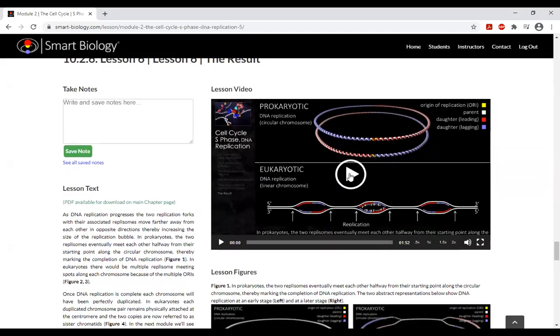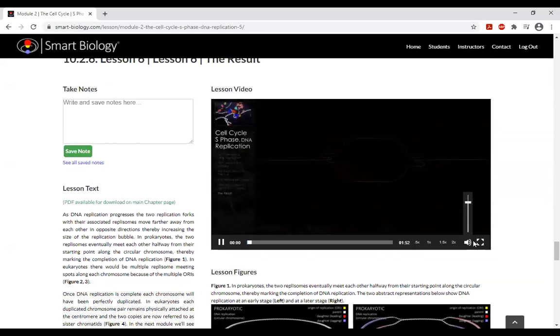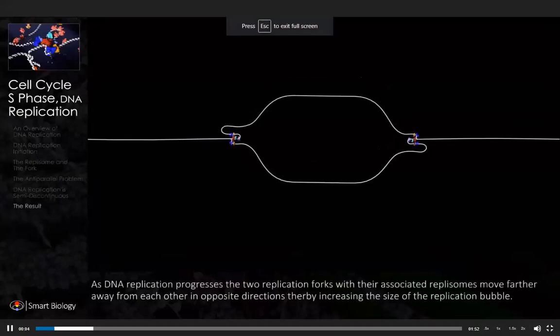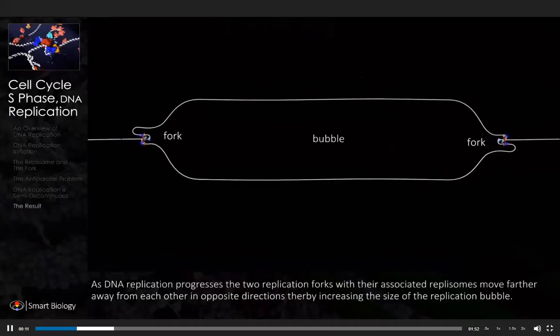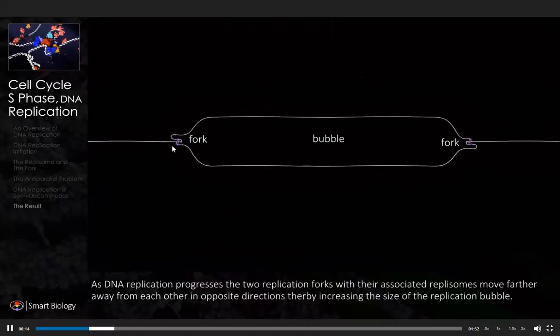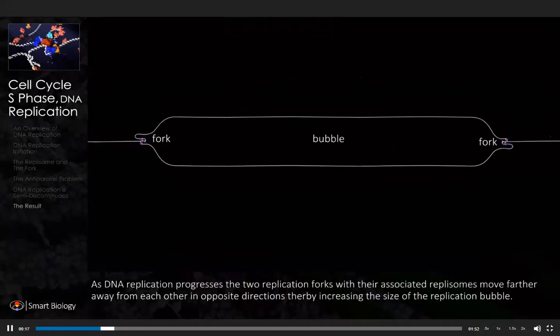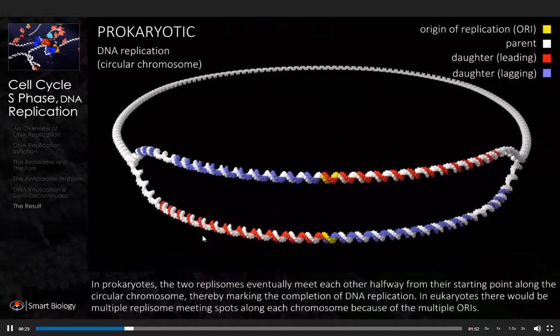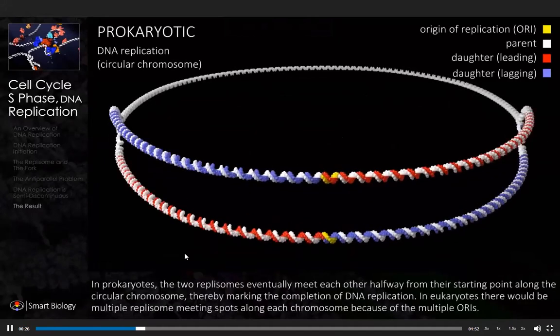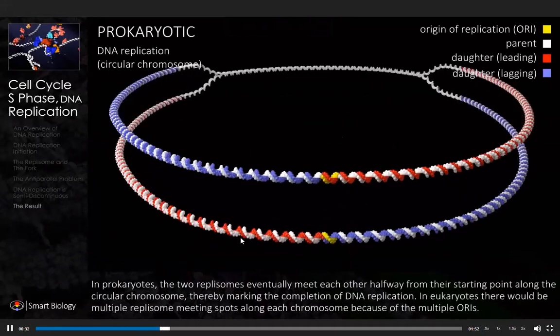Okay, so we will look at this and then we will go to some text. So this is the replication fork. The two forks are moving in opposite directions. Remember, we have two replisomes which are moving in the opposite direction. And this is how it looks. This is in prokaryote, obviously. This has a single circular